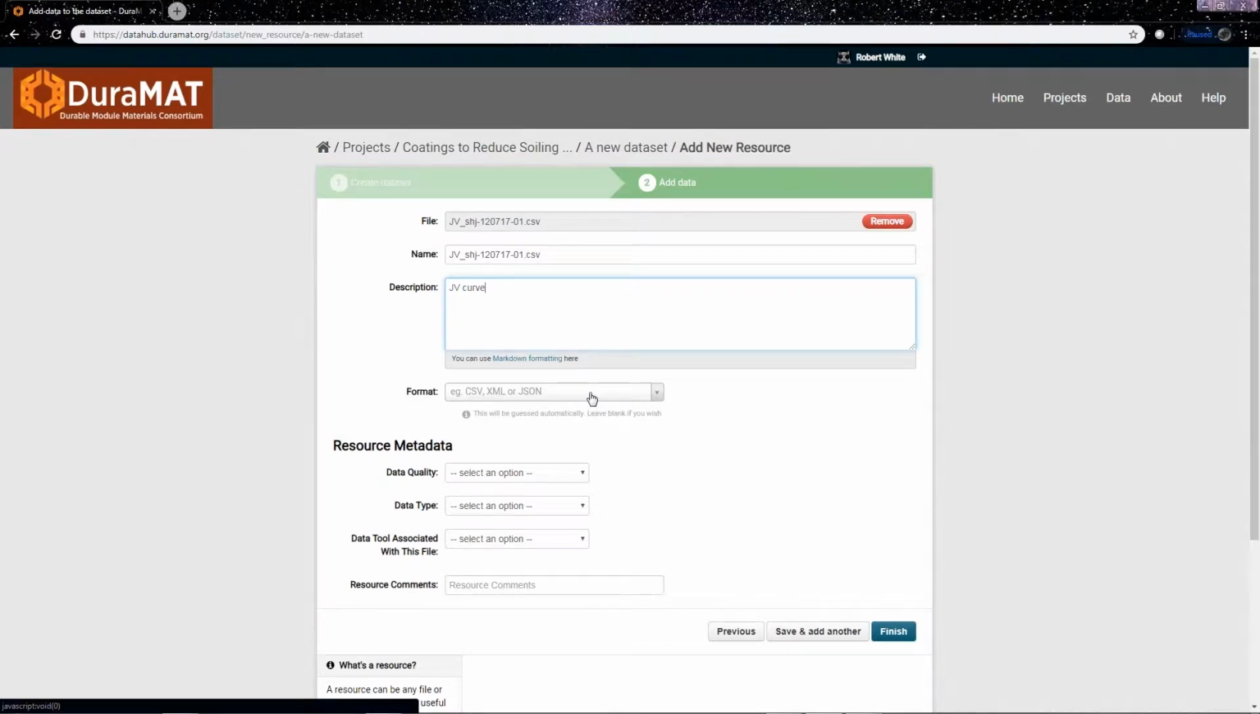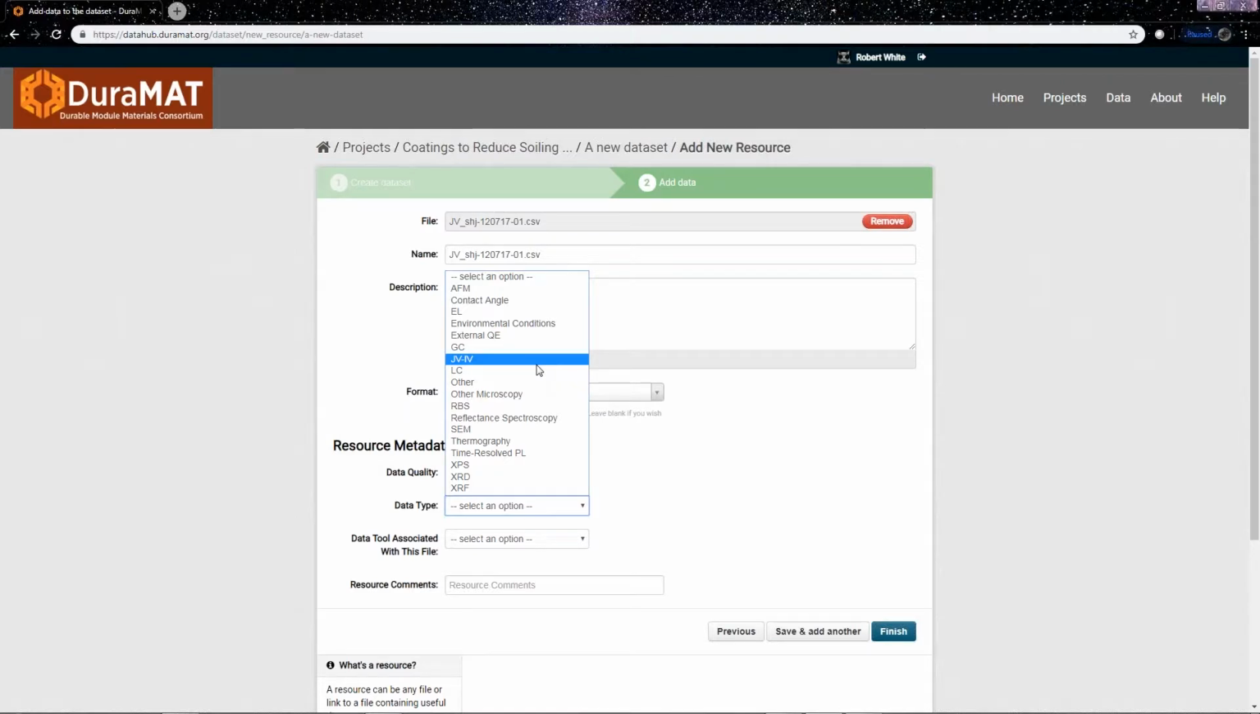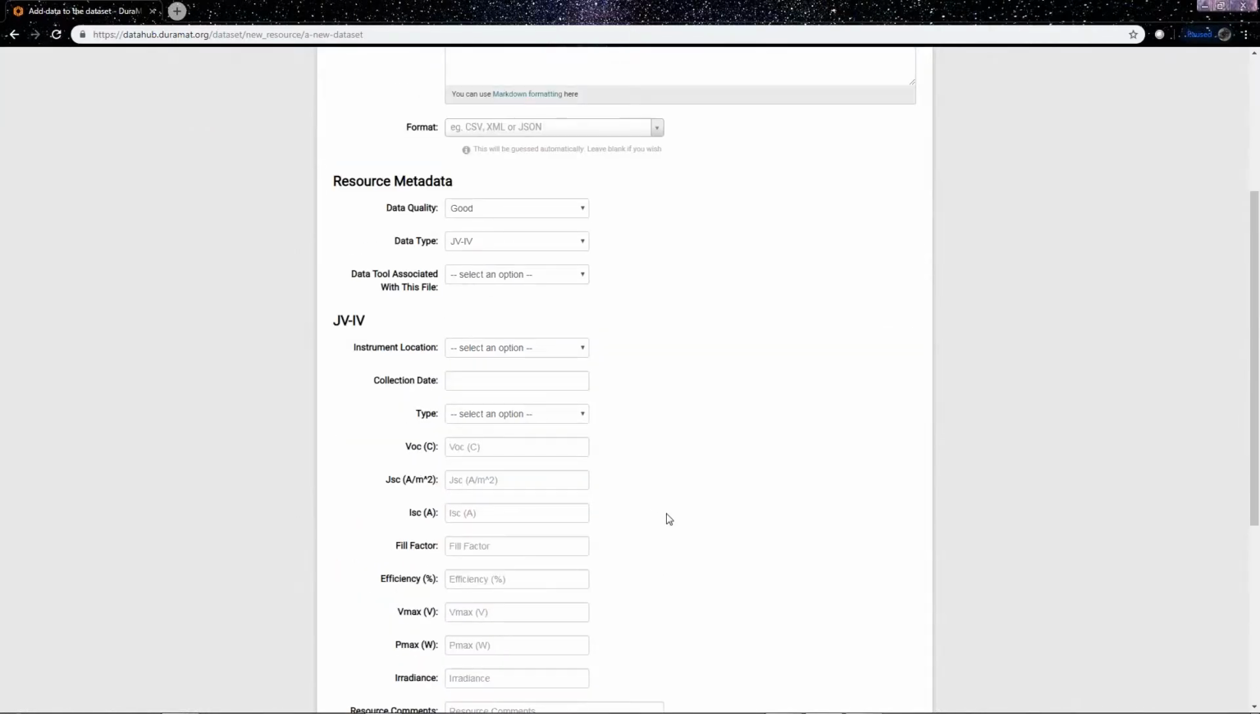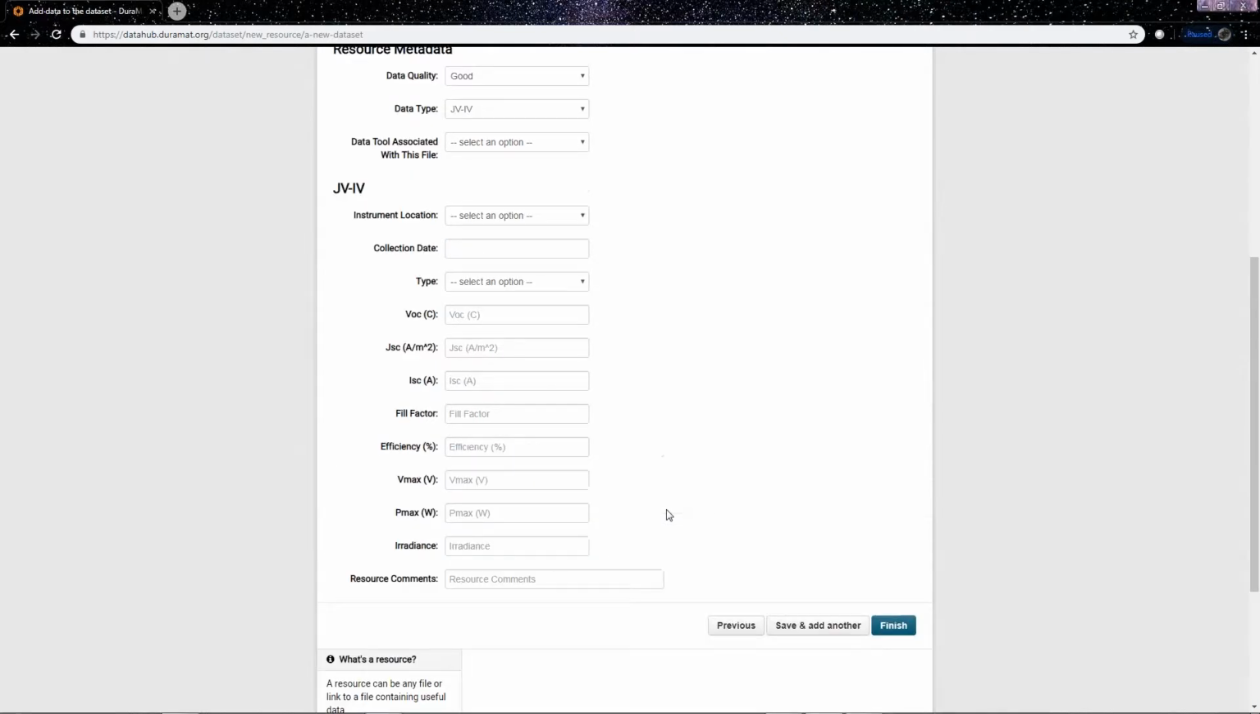There is a way to select the type of format you'd like this viewed as. It's going to automatically detect the extension on the file at the start anyway, so you don't really have to tell it it's a CSV or a JSON file or a JPEG or any sort of image. It'll figure that out at the start. The data quality, we're going to say it's pretty good. I hope it is. JV-IV curve,